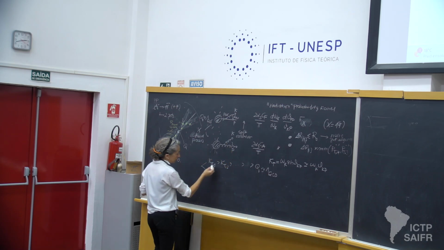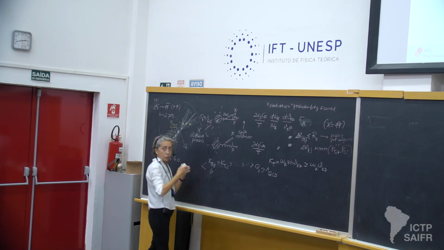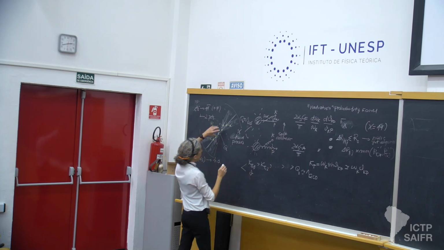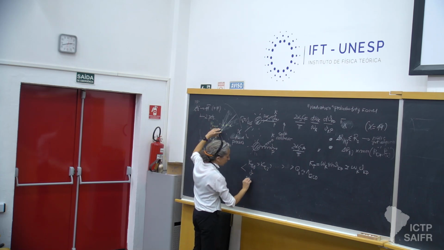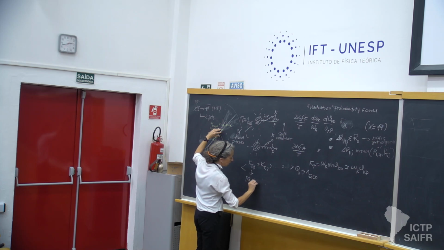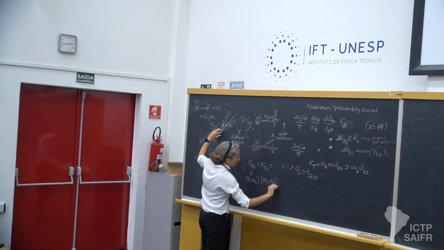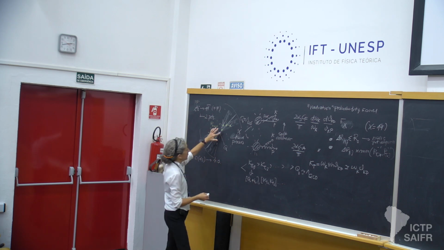In each of these windows, your radiation is bound by the window itself, so you separate your emission in stages. You start from the Q scale of your hard process, and then you go down. The first interval will be between Q and KT1, then from KT1 to KT2, et cetera. In each interval, you calculate the probability of emission,